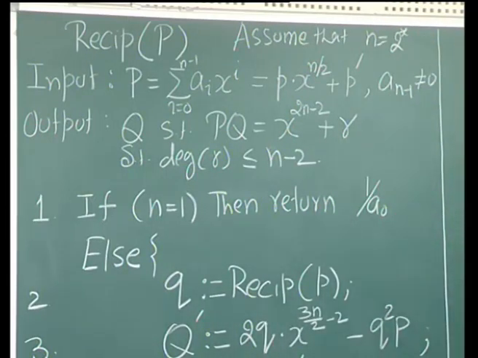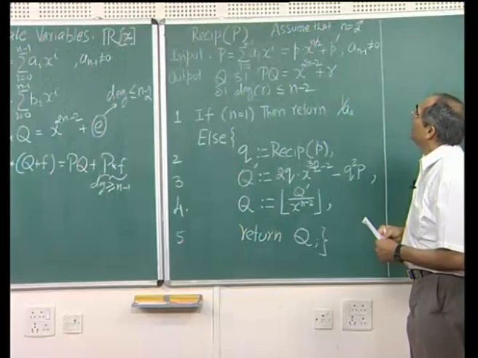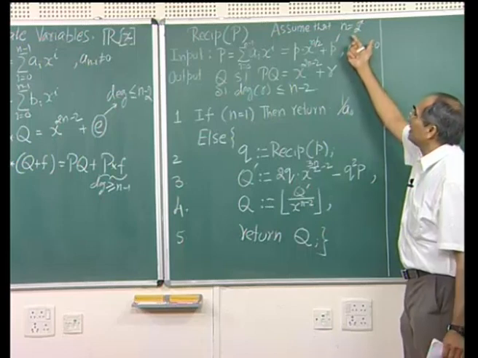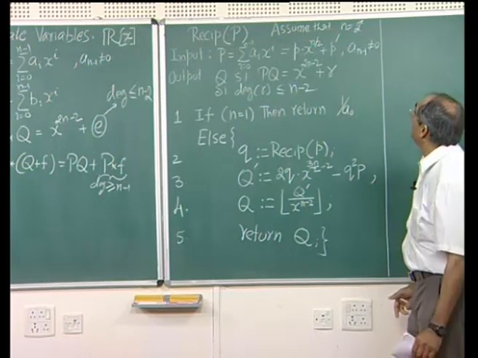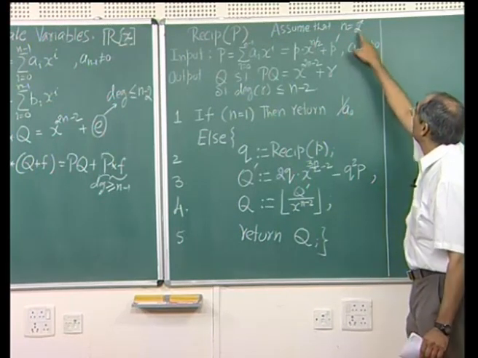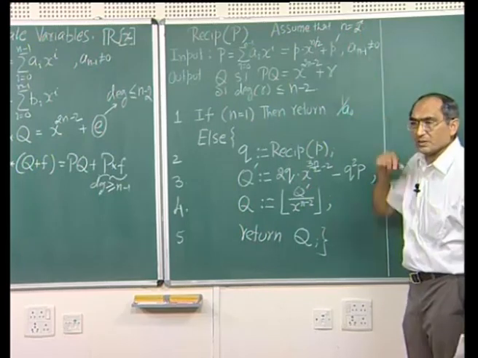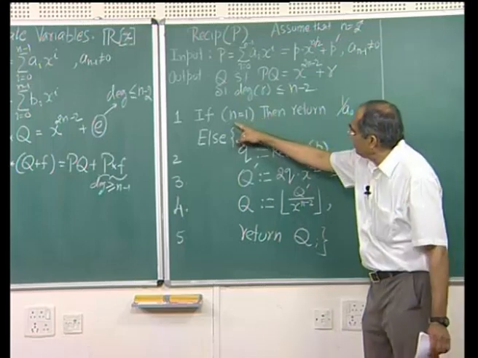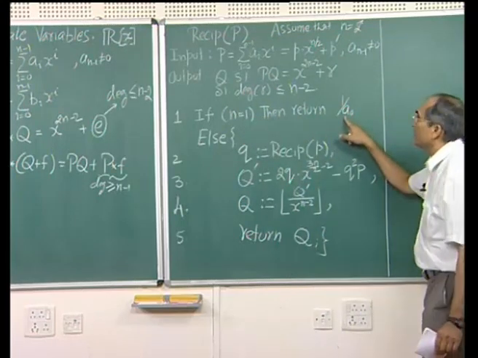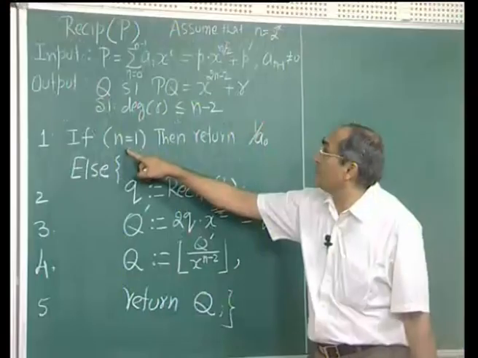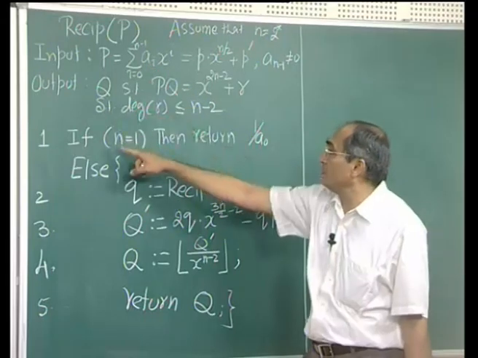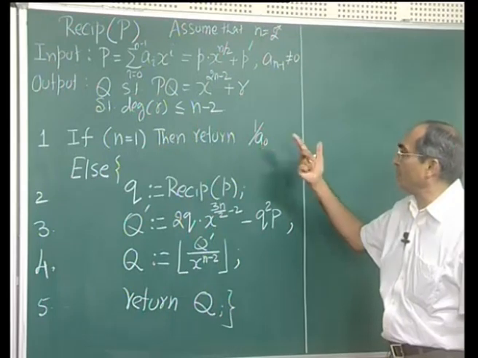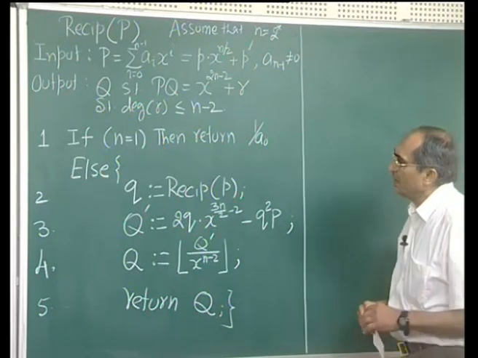In case it is not, you can always multiply by enough power of x, so that it raises its degree to a power of 2 minus 1, because the degree is n minus 1. If n is 1, then simply return 1 over a0. N is 1, which means p is just a0, and then q should be 1 over a0. So, the product will be 1. Otherwise,